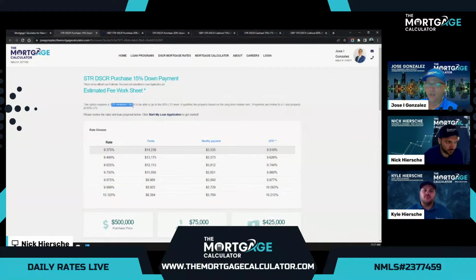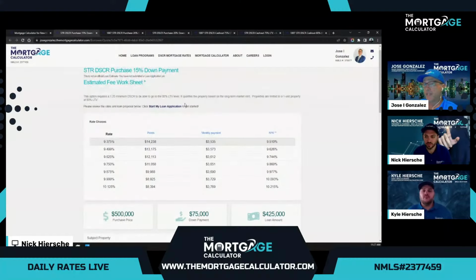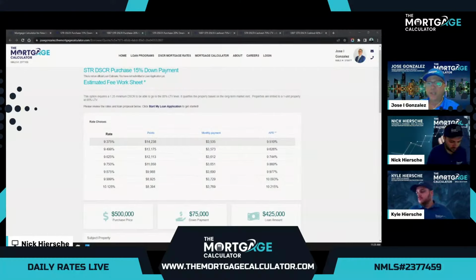1.25 debt service coverage ratio, which means that when you divide the property's gross market rent as determined by a 1007 using long-term rents, the ratio has to be at least 1.25, which means that the market rent has to cover the housing expense by at least 125%. So if you do have one of those very good cash flowing properties, typically happens on the lower price properties that are rented very well, long-term rent, then you can get this option where you're looking at